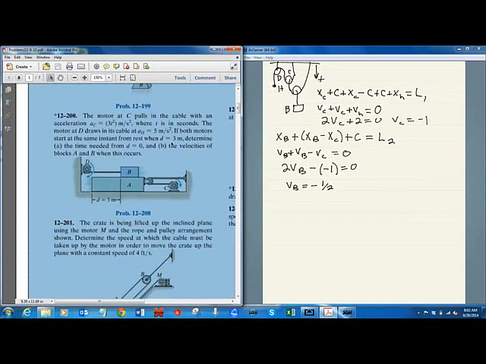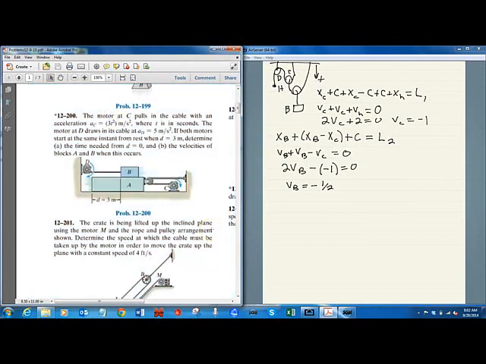Okay, this one is kind of a wild looking guy. The motor at C pulls in the cable with an acceleration, and they give it to me, where t is in seconds. The motor at D draws in its cable. That's what they asked me for, right? The velocity, not the acceleration. I didn't read the